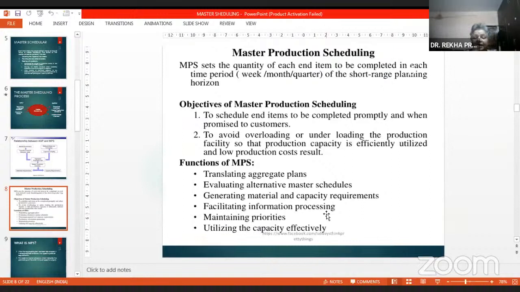Then which has to be done first, which has to be done second, scheduling, which process has to be given priority, all these things, that is the function of MPS. So that the capacity is used effectively, so that whatever is planned is being produced at the least cost and the least wastage.